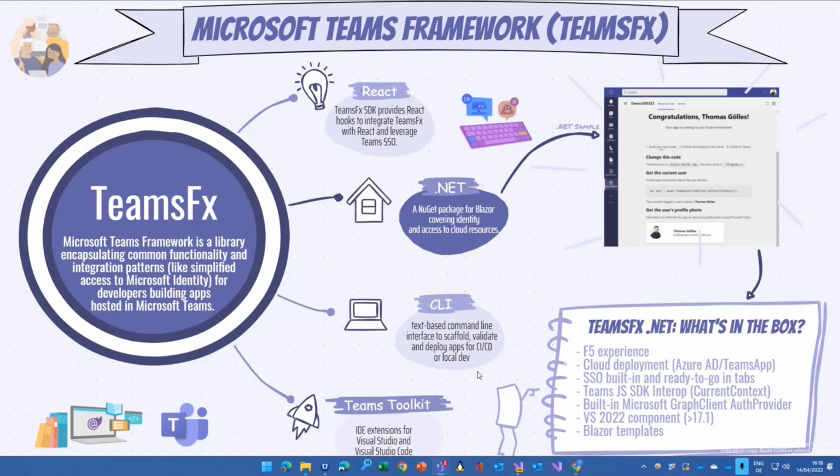We are hoping, or kind of waiting for Build, and hopefully, fingers crossed, there is a release of TeamsFX, in my case for .NET, coming. We will see later today that there were some changes, apparently this week, with TeamsFX .NET. So kind of a good feeling that there will be something released in the coming weeks.